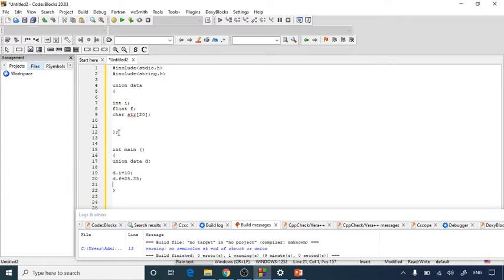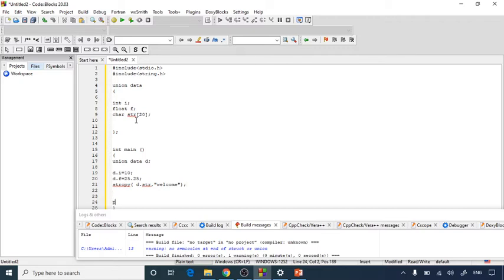And then we can use string copy to copy one string into this variable location. So inside the brackets I write strcpy, d.str, comma, and you can give any string of your choice. I'll put "welcome", and then put a semicolon. So we have given values to the members of our union.